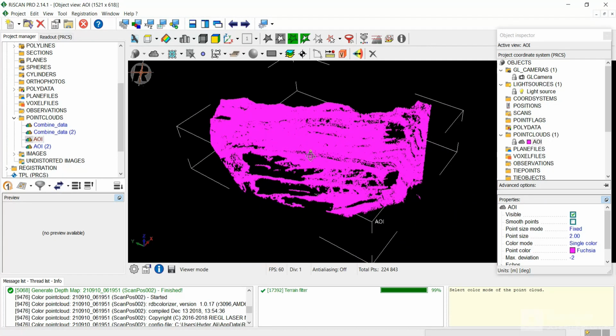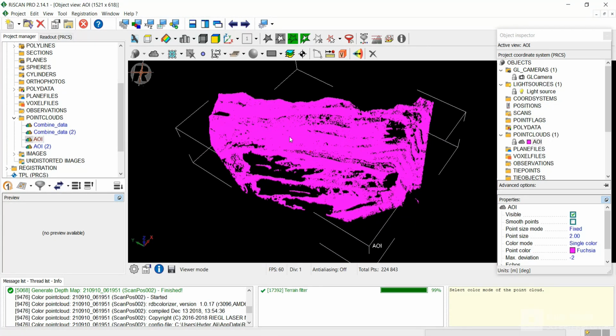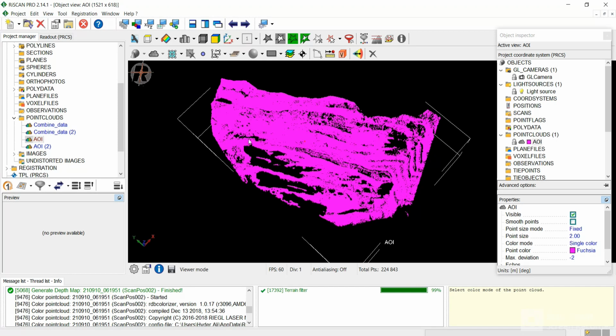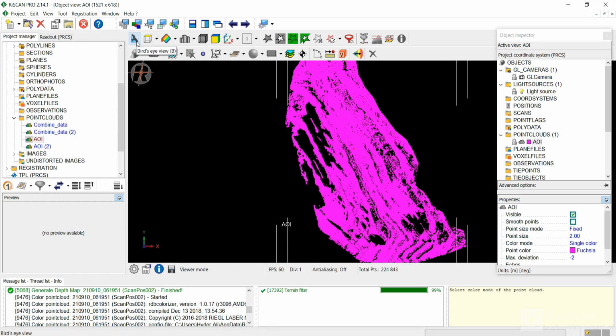So to tackle that problem, from this area of interest I will strip out, let us say, 50 meter wide strips, and then one by one I will filter out those strips until the entire area of interest is filtered out. For that I have to make a reference plane, and then using that I will make 50 meter wide strips. So firstly I have to click on bird's eye view, and in the object inspector I